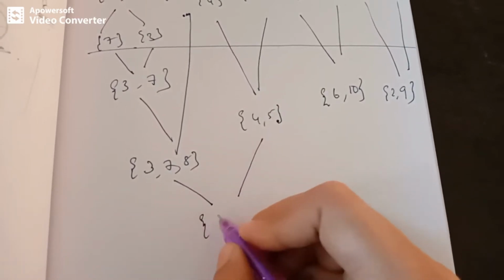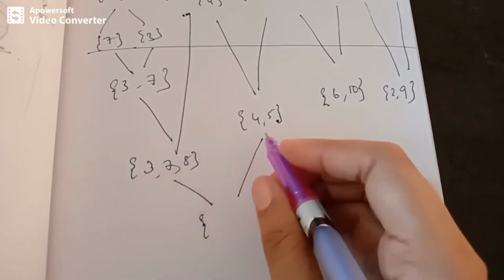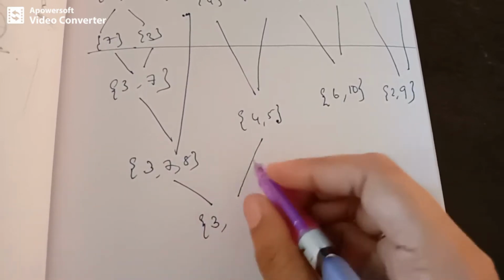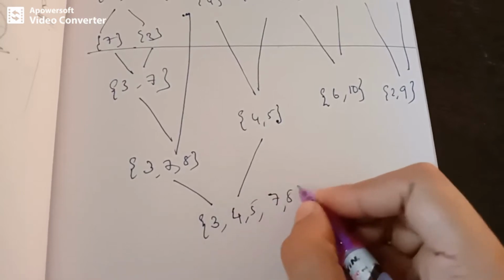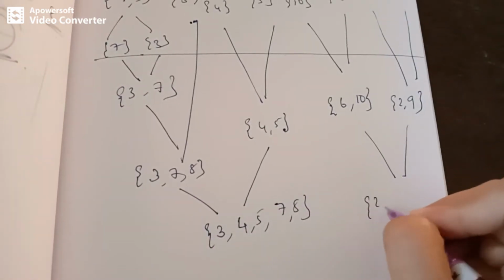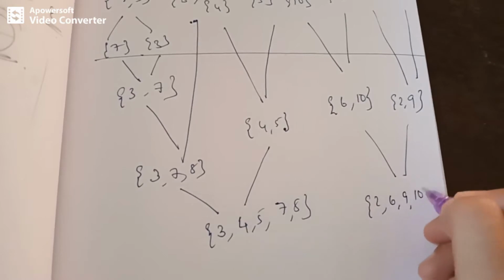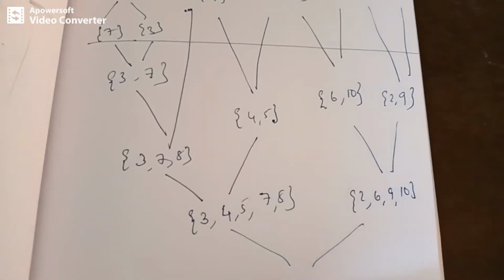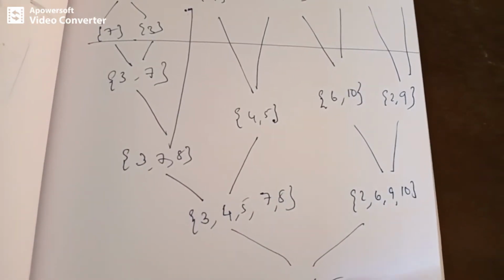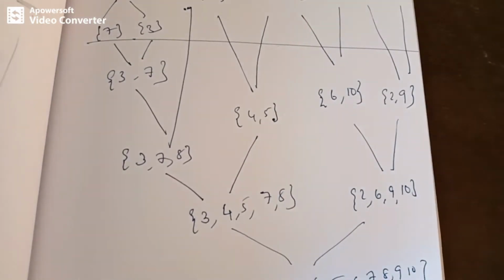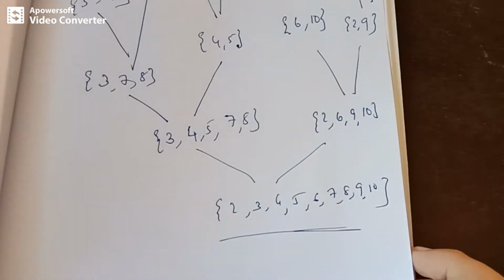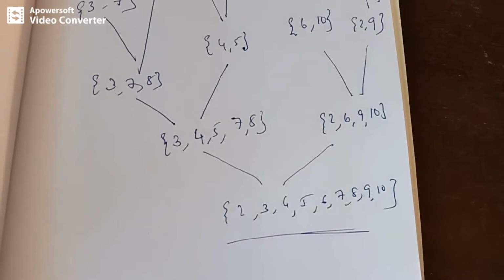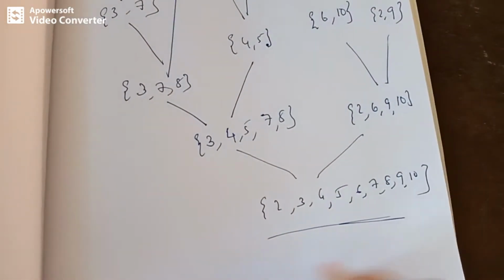So I am once again combining them. While combining, I check which of them have to be grouped together and should be in increasing order. So likewise, these are the elements which have to be arranged: 2, 3, 4, 5, 6, 7, 8, 9, 10. Okay, so this is the final list which contains the elements sorted. And this is how merge sort works.